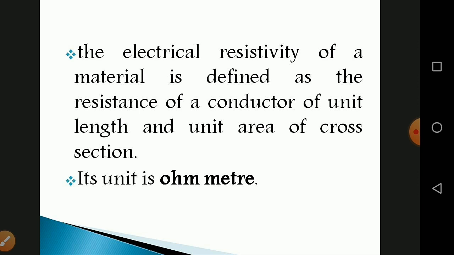The electrical resistivity of a conductor is a measure of the resisting power of the specified material to the passage of an electric current. It is a constant for a given material. If you know nichrome wires, they are used as heating elements. Nichrome is a conductor with a high resistivity of 1.5 into 10 to the power of minus 6 ohm meter. Nichrome is an alloy.